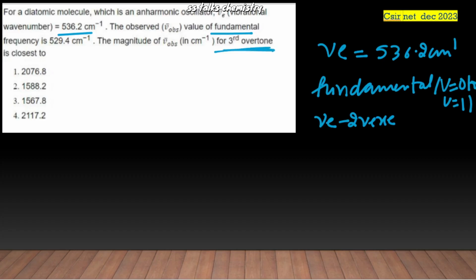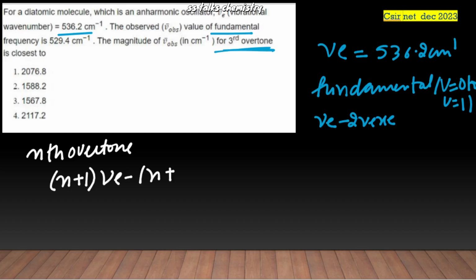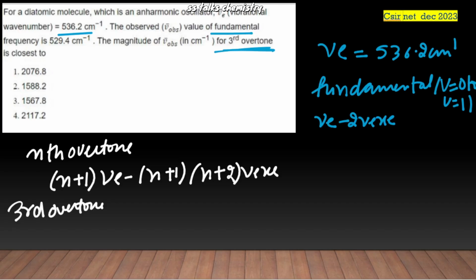So you should know the value for the nth overtone. For the nth overtone, we have the value (n+1) omega_e minus (n+1)(n+2) omega_e x_e. Now they are asking the third overtone. So the value is going to be 3+1, that is 4 omega_e, minus 4 into 5, that is 20 omega_e x_e. This value we have to find out. These values are given. For the fundamental band it is